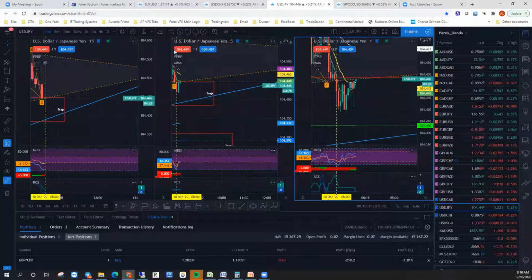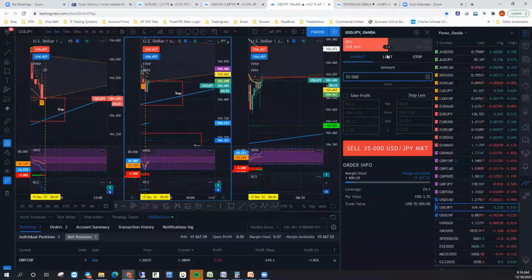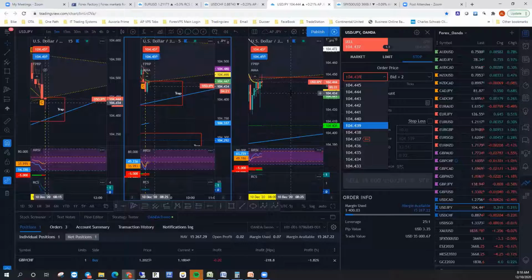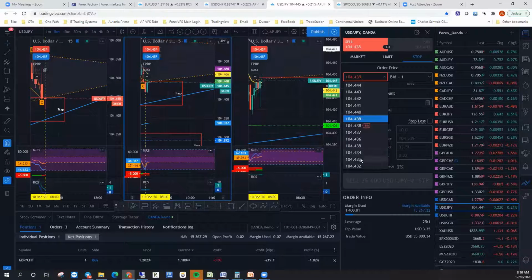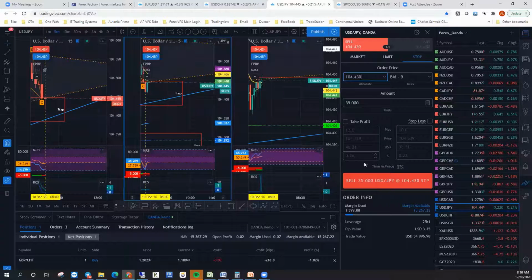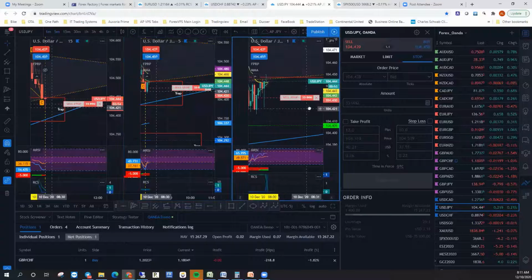So what I'm going to do is set this trade, and we're going to go short with a stop somewhere, maybe right below this. I'd like to see a close below this red candle over here. I'm going to put a price there of 104.43. This is US yen, so each pip is the second. I just put a sell stop below there and we'll see what it does.